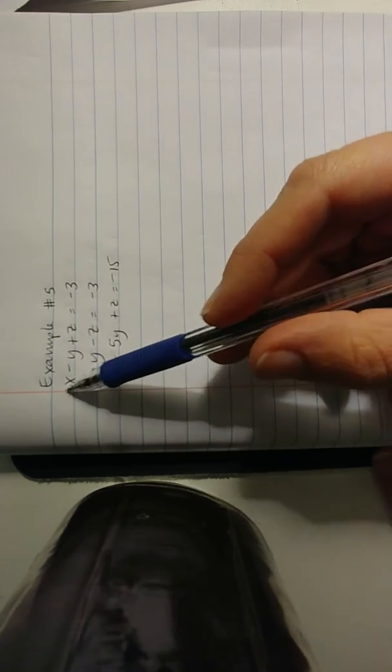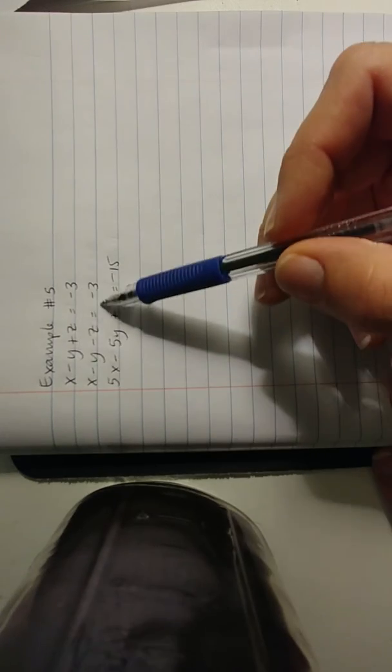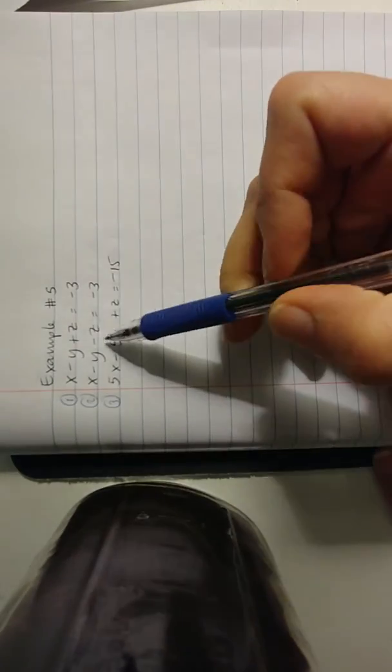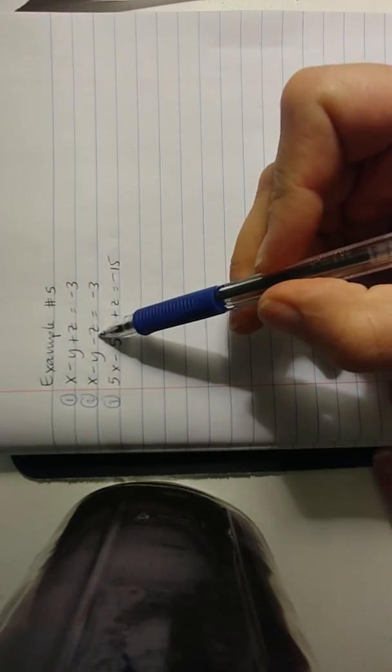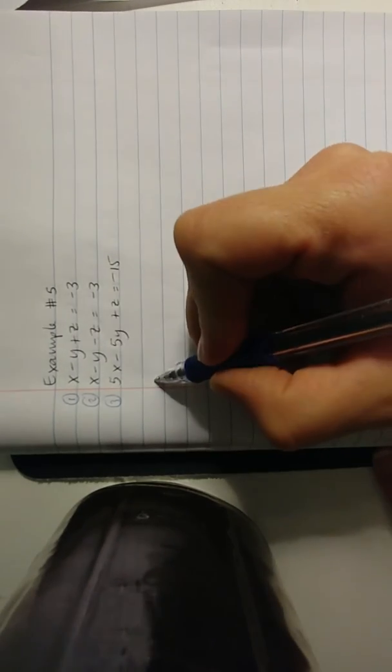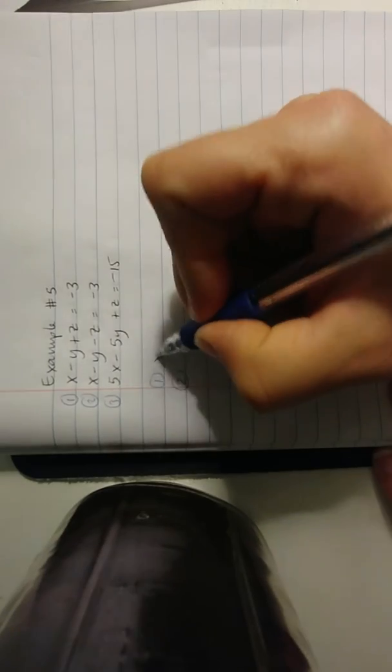So again, I'm not sure what's going to happen here. These guys look similar but not the same. So let's see what happens when we try to eliminate something from equations 1, 2, and 3. I'm thinking maybe the z's, because why not? They'll eliminate right away. That way I don't have to multiply through by any coefficients. So if I keep these guys as is,